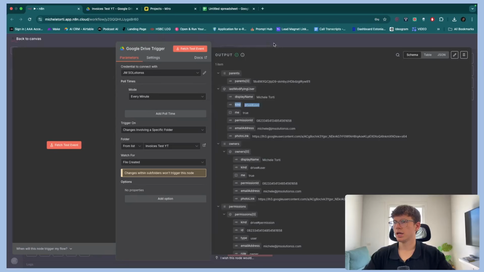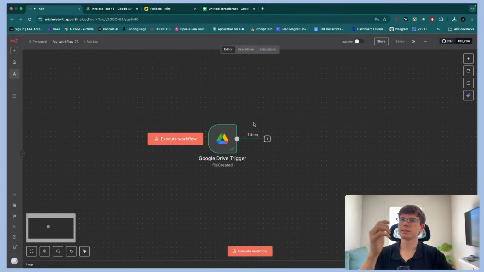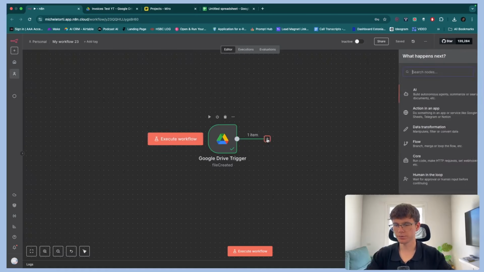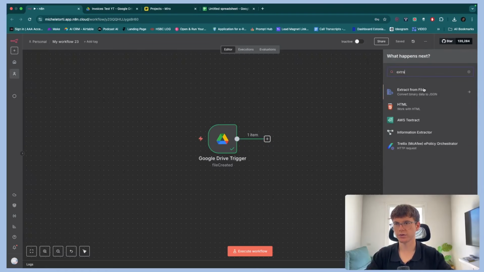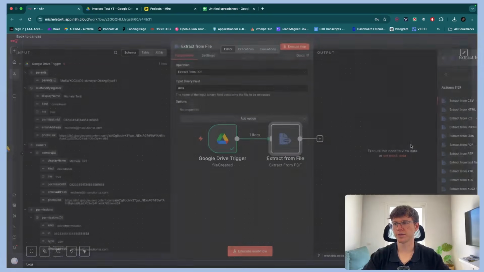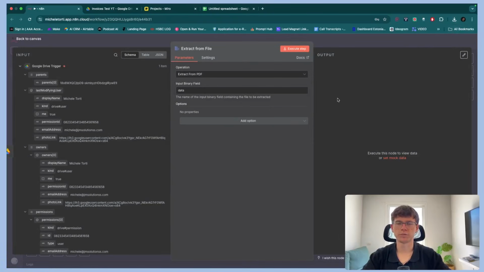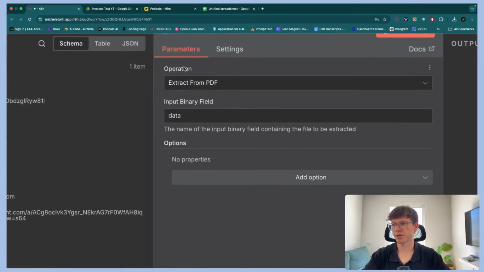That's good. Now, the next step is to extract text from a file. So let me go here, extract from file, extract from PDF, because the invoices themselves are in PDF version. It depends what kind of PDF or what kind of file you have. Now here it says extract from PDF, which is what we have to do because that's the action